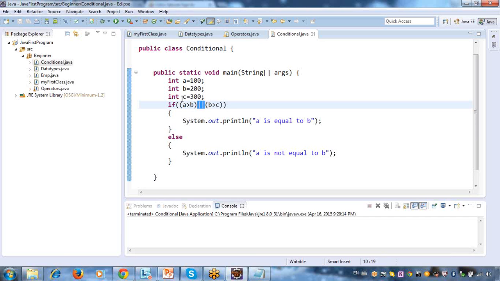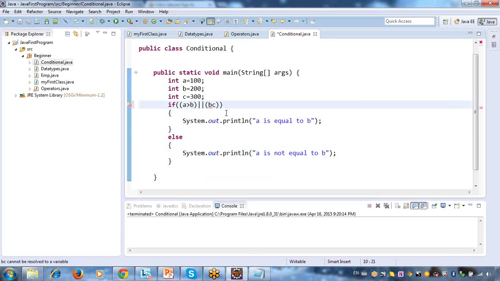OR is nothing but if one is true, it will go here. It is checking that A is greater than B. A is 100, B is 200, so it is false. Then B is greater than C, B is 200, C is 300, no, both are false. Both are false, so obviously it will come to the else part.